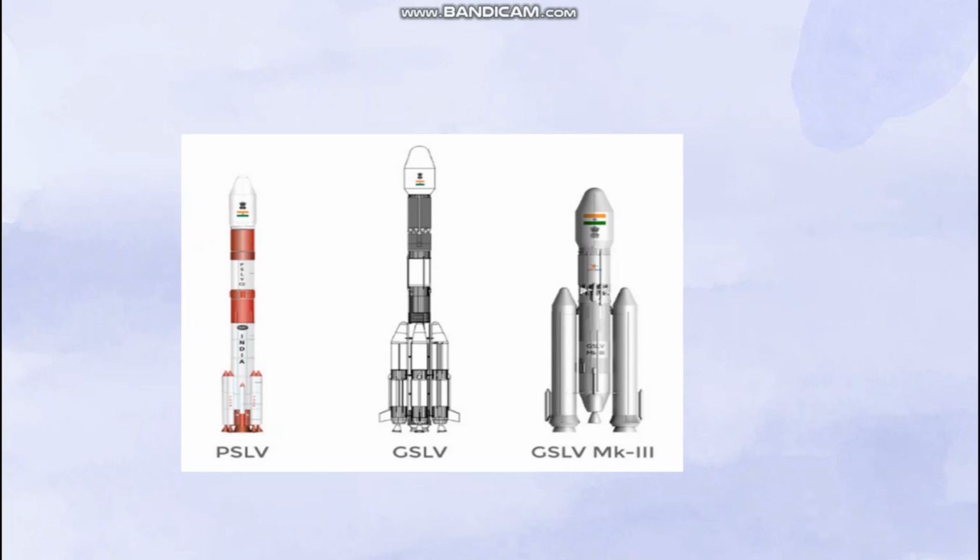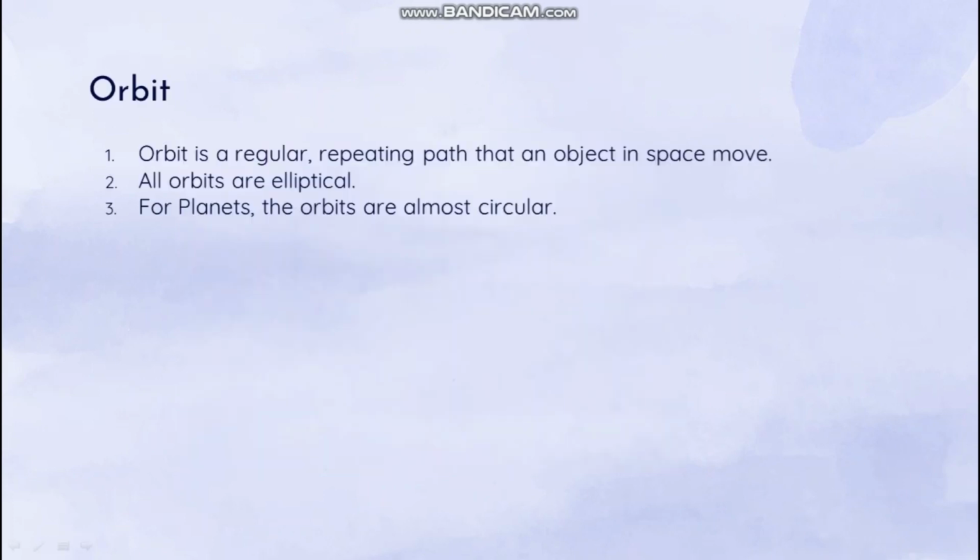You might have heard about ISRO launching PSLV, GSLV Mark II, GSLV Mark III, etc. Did you ever try to know why ISRO is using different types of launch vehicles for different kinds of satellites? In this video, we will try to understand briefly about them. Before getting into the actual question, first we will try to understand different types of orbits.